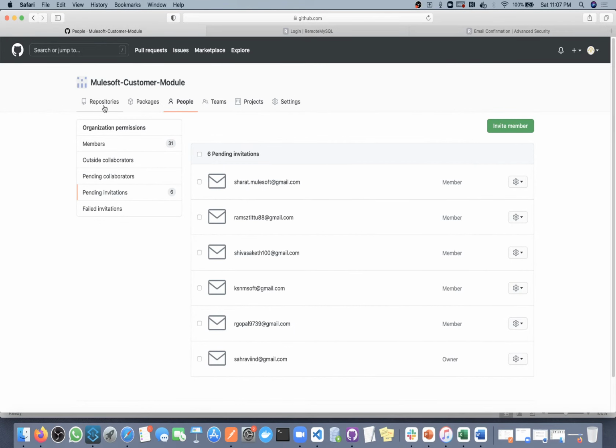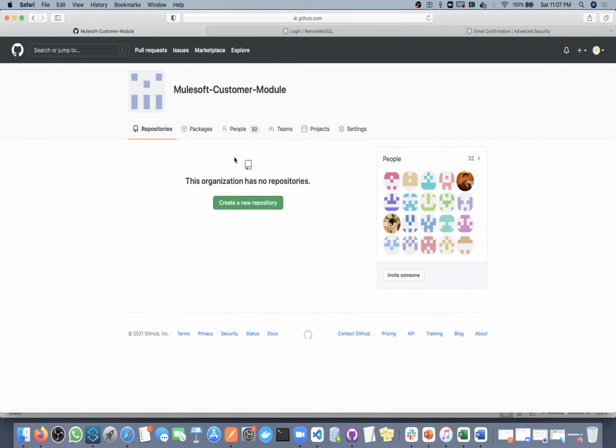Next, here I will create a repository. Inside this organization, you can create a repository. Now what is a repository? A repository is a space where you can keep your folders, code and everything. We will create one repository for all the documents, and for each application we will create one repository. Some projects create one repository and keep all the projects in it, but that is not a good approach. So I suggest creating one repository for one application.